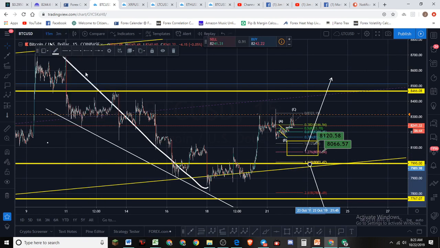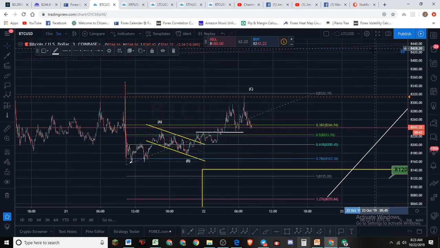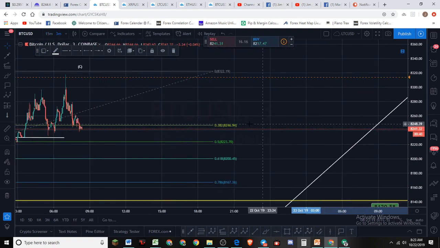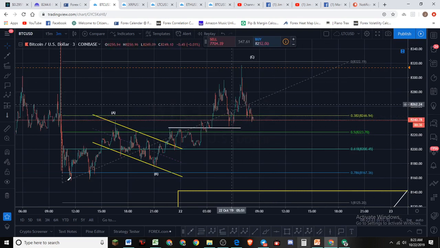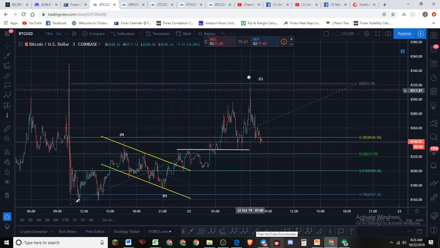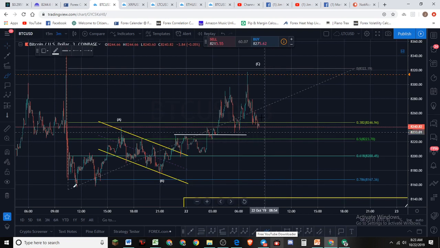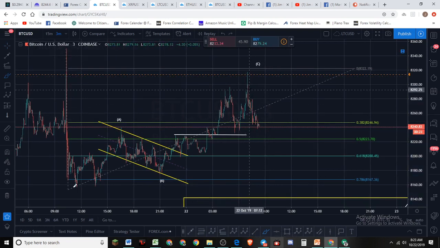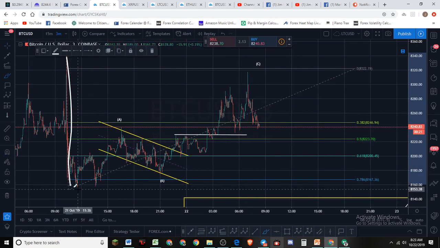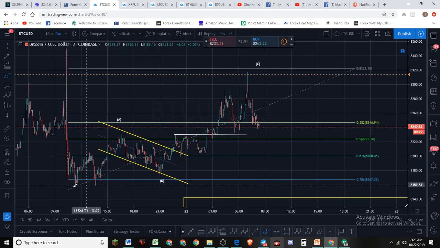Let's check one more thing. Let's just check the micro here very quickly, just to make sure that the wave structure is looking good for our trade here. This is looking pretty impulsive. I like it. We have a downside move. Should get a pullback here, guys. So listen, waves don't go straight down like that. Three waves kind of do that. Well, okay, this wave did go straight down like that, but